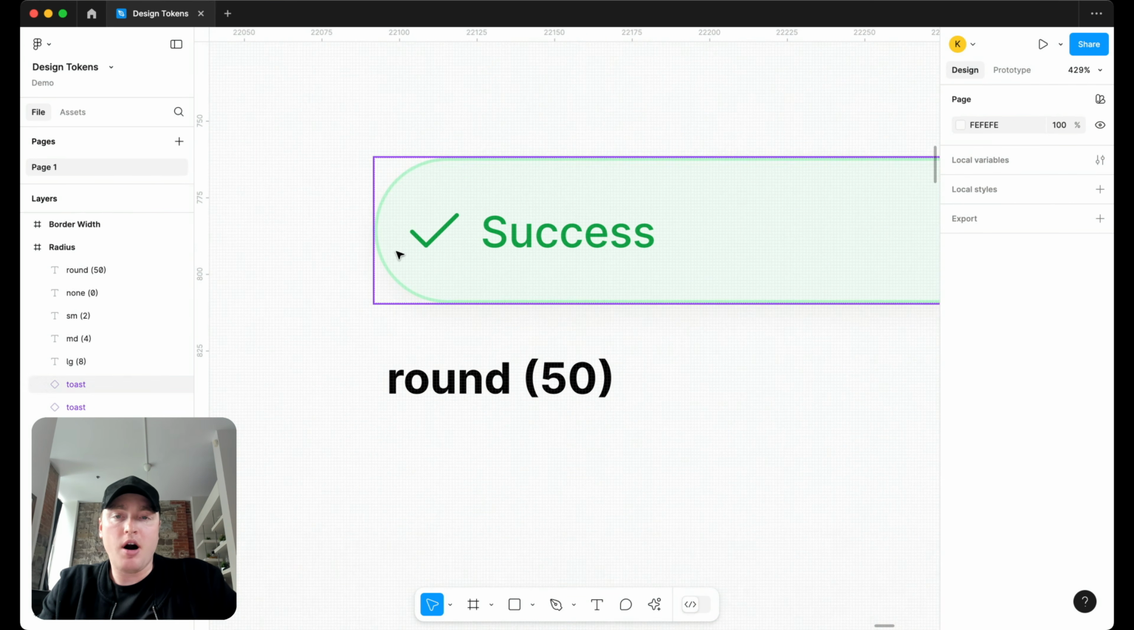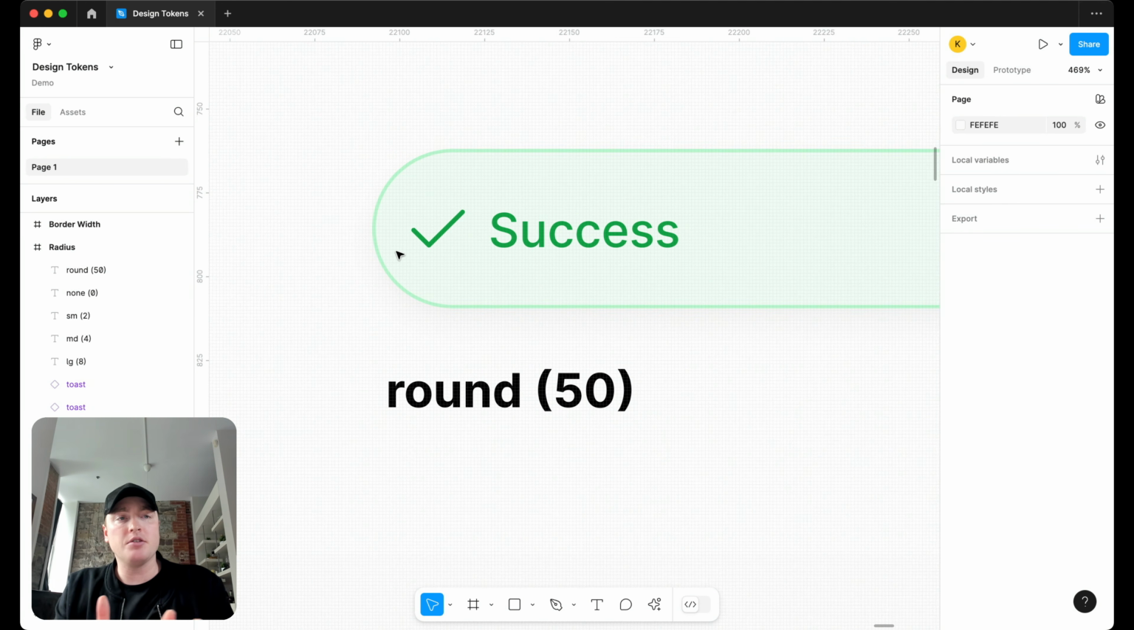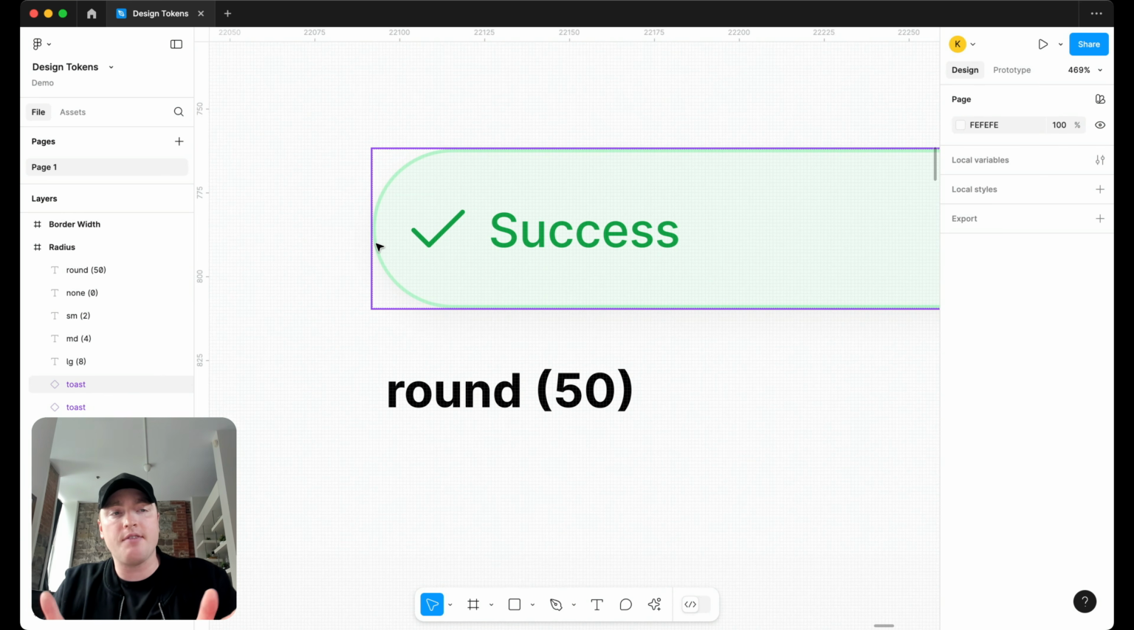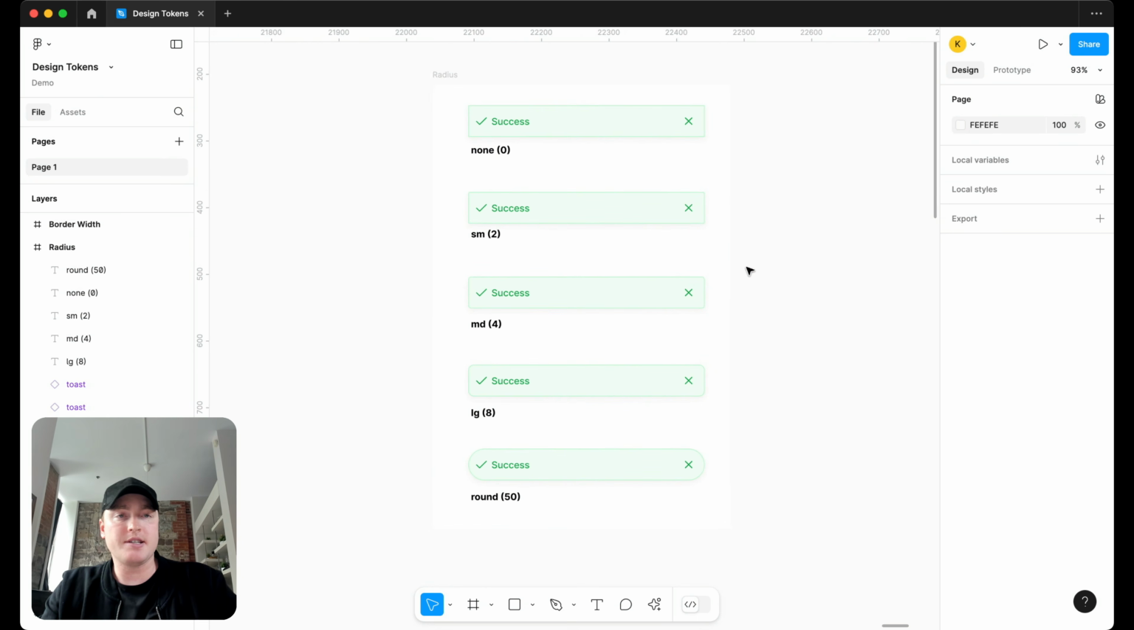And then in your back pocket, you always like to have a round radius. So if your buttons are round or you need a pill shape, think about a selectable tag or interactive tag, it's always nice to have those nice and rounded. So having one that's a 50 in your back pocket always works. So those are just some of the design tokens that I like to have with my radius. Next, let's go ahead and look at our border